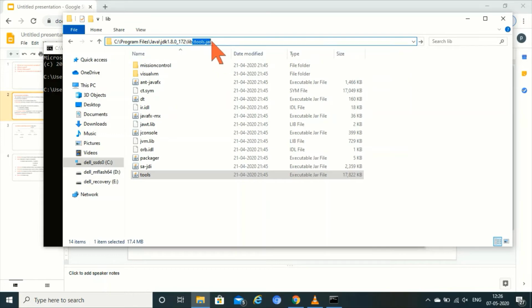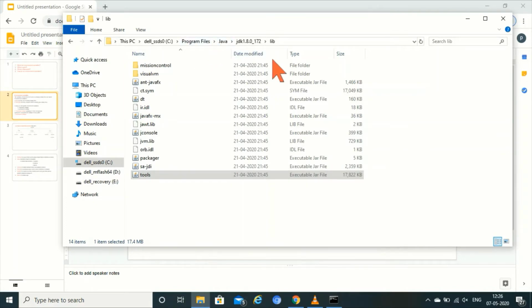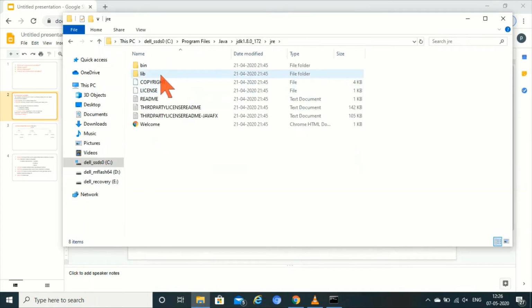Copy this path, Control C, semicolon, and now rt.jar, to run, inside the JRE library.